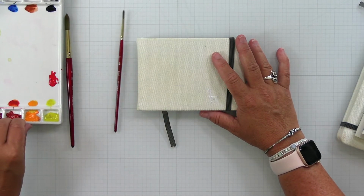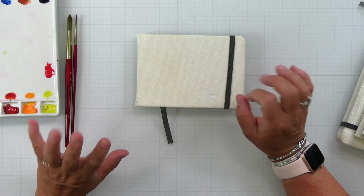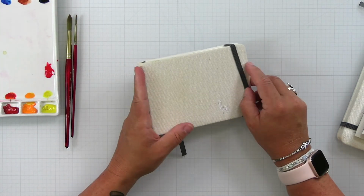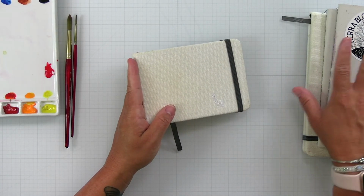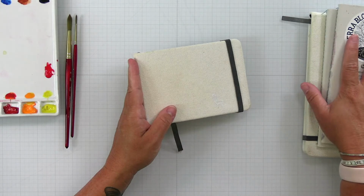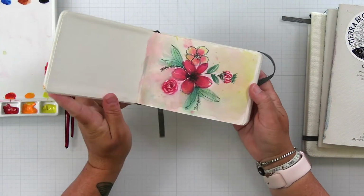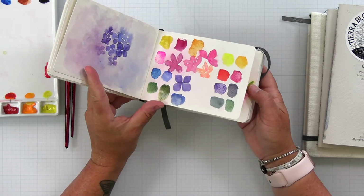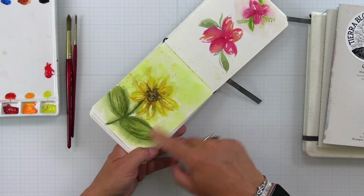Okay, so again, we talked about brushes, we talked about paint, we've talked about paper, and I've kind of honed in and focused on paper. So I'll talk a little bit about some sketchbooks. The sketchbooks that I'm sharing here are 100% cotton. This one is from Etcher. I'm just going to do a quick sketchbook. We're going to do a little painting here,